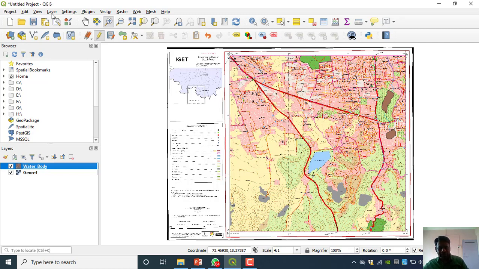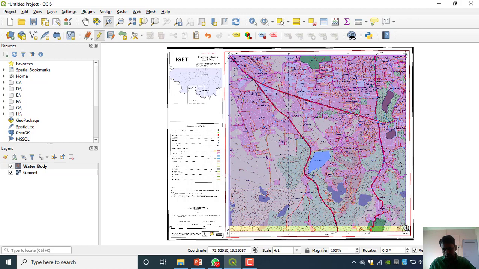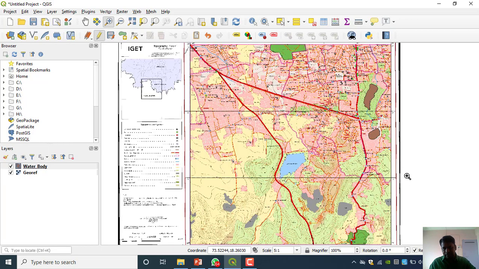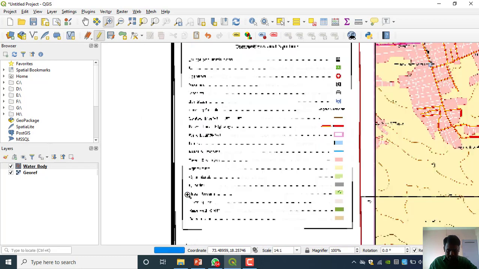Suppose you have very huge data, a topo sheet, and you have to digitize the whole topo sheet. For a single person it will take too much time. Just think how many features are there. We'll just check out here.